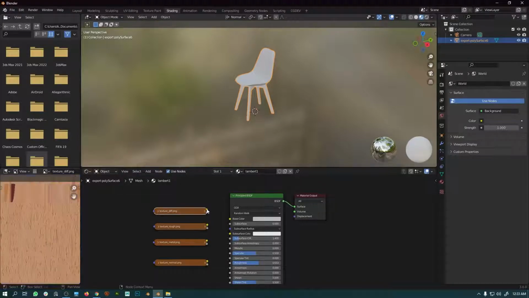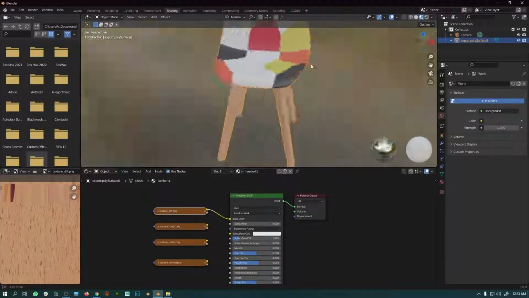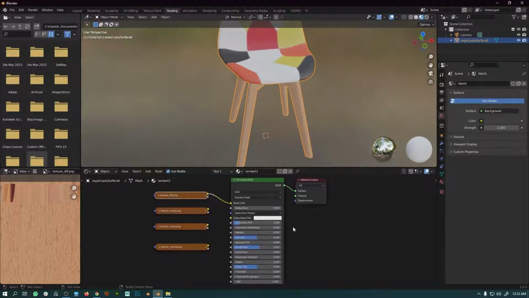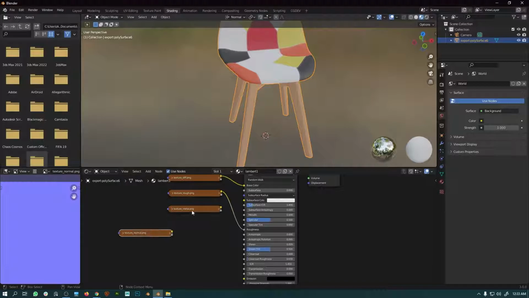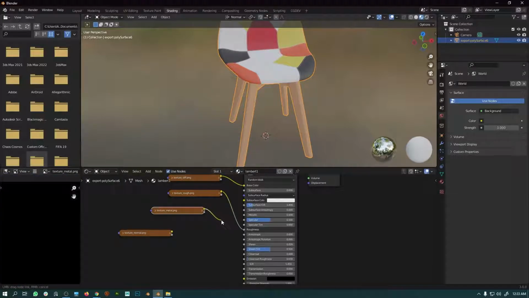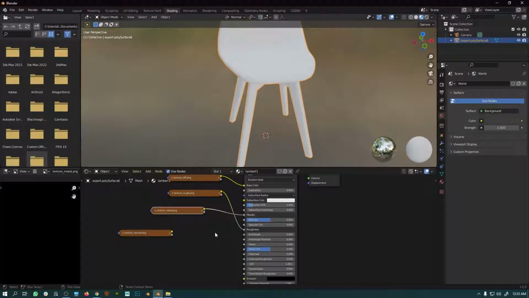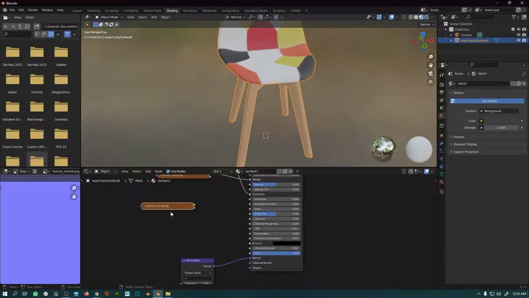So for the base color I'm going to connect to the base color socket like this. Okay, and for the roughness I'm going to connect to the roughness channel. Then we have metal, so let us connect to the metal channel, that is metallic. And the next one we have is the normal.